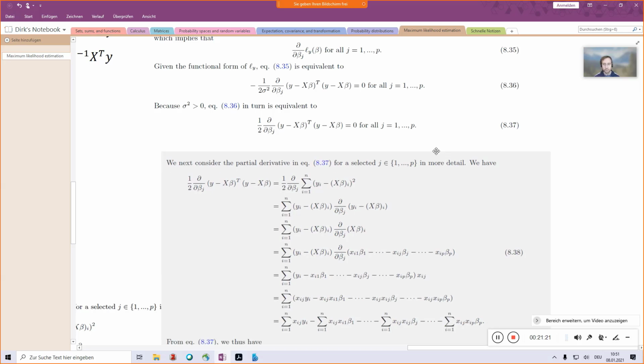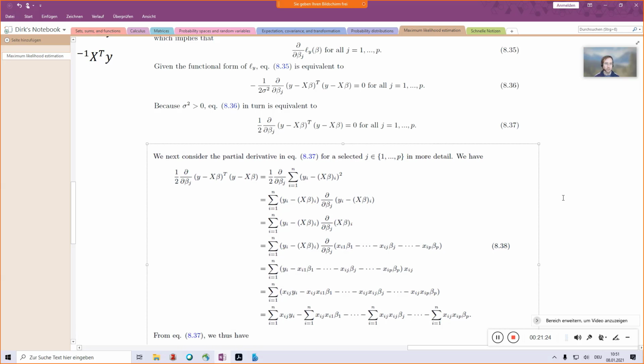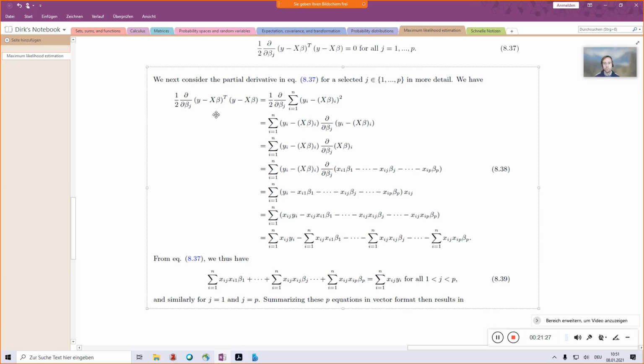Now if we do that, we actually have to start calculating a little bit. What we do here is to first write down this vector dot product in terms of its sum. Here the yi and x beta i are the ith entry of these vectors. Remember that y is a vector and x beta is also a vector. And then it's just differentiation, so using the chain rule: the derivative of the outer function, which then gets rid of the 2, and the derivative of the inner function,